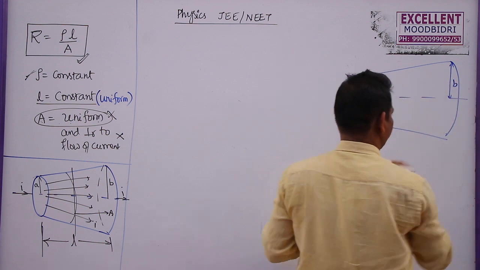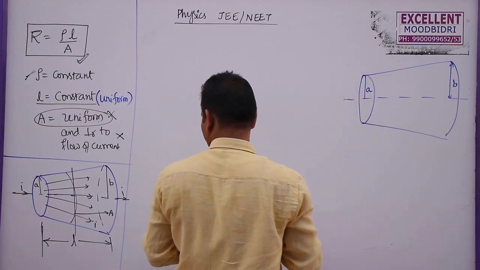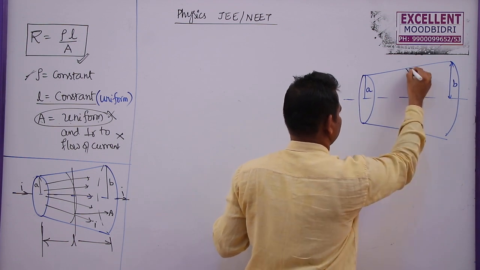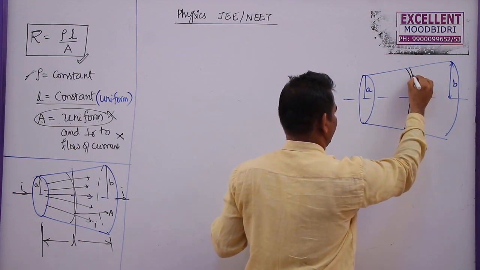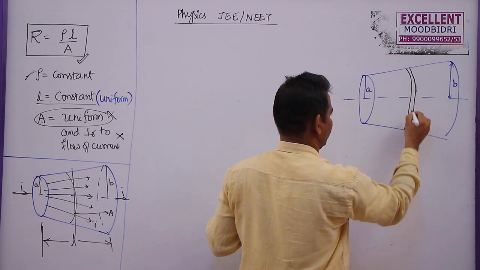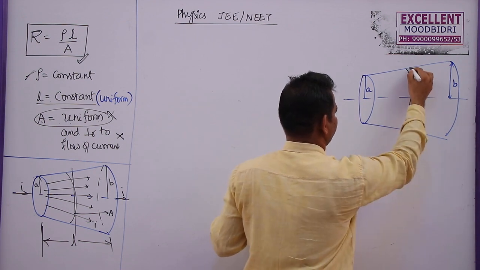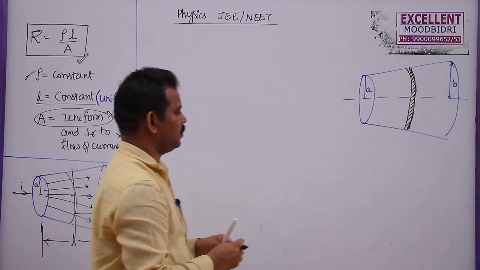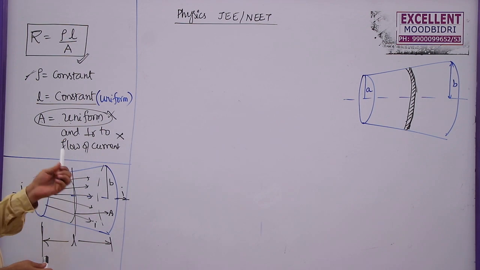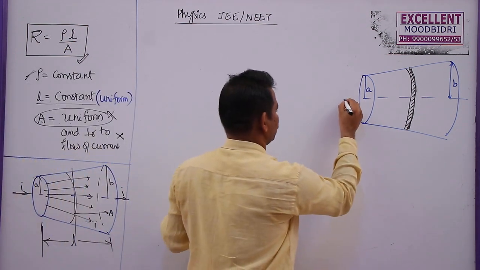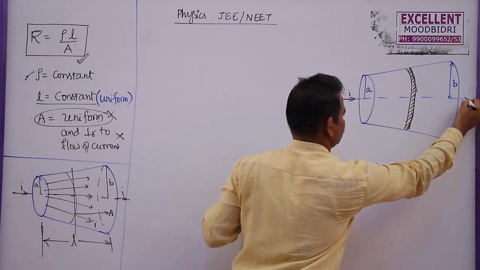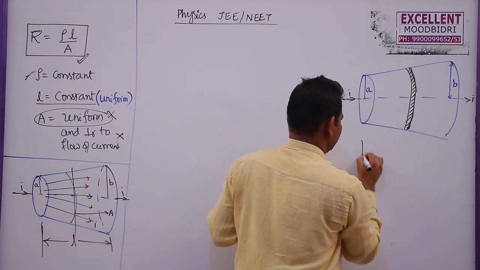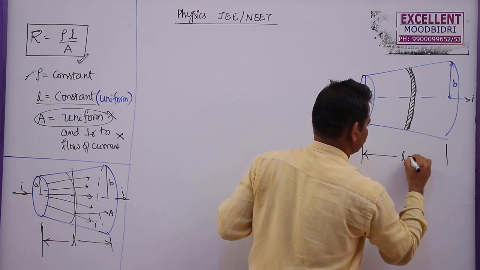This is B. So in this case, when the current is flowing, let me consider a small portion here. This is the small strip. So we have to integrate this to find out the resistance whenever these conditions are not satisfied. Now here, the current is flowing in this direction, I, and leaving in this direction, I. So let me take this length, actually it is given as L.